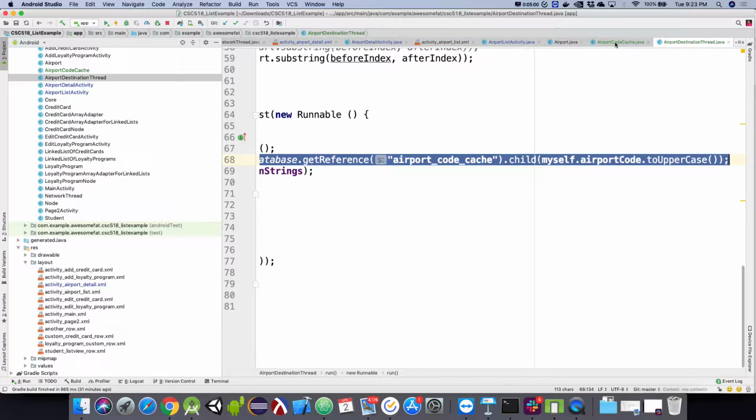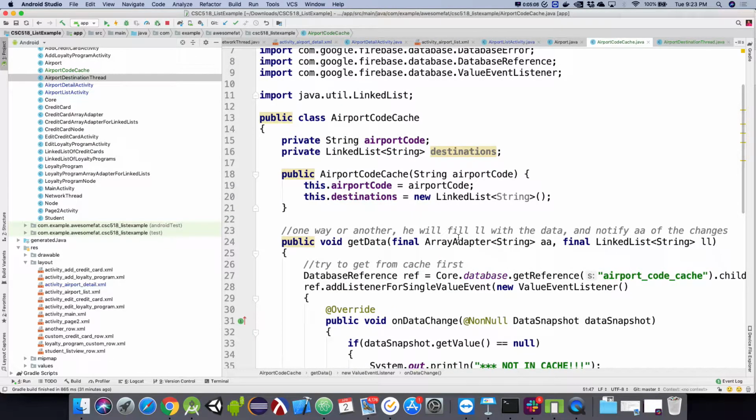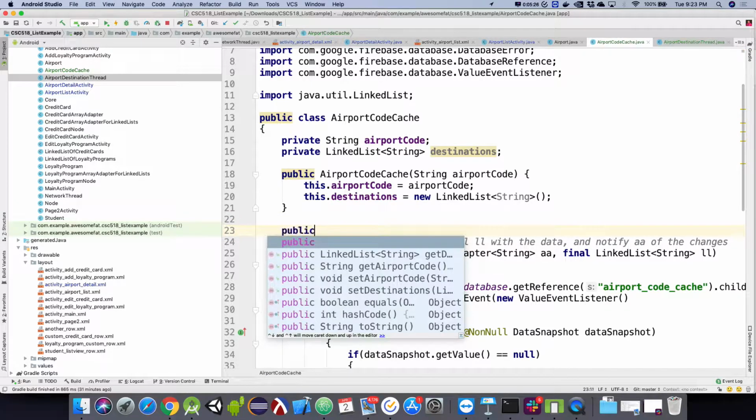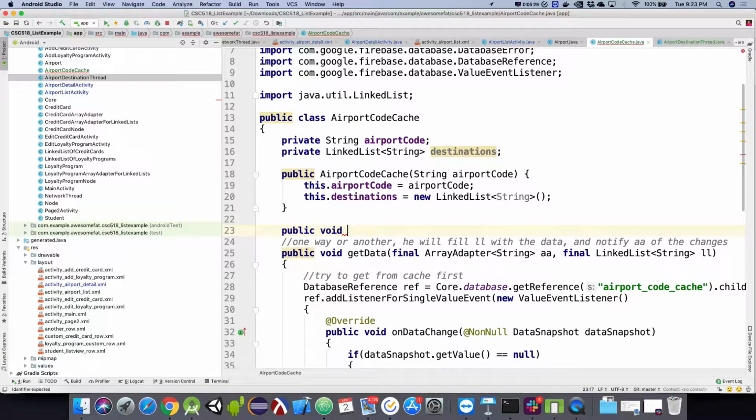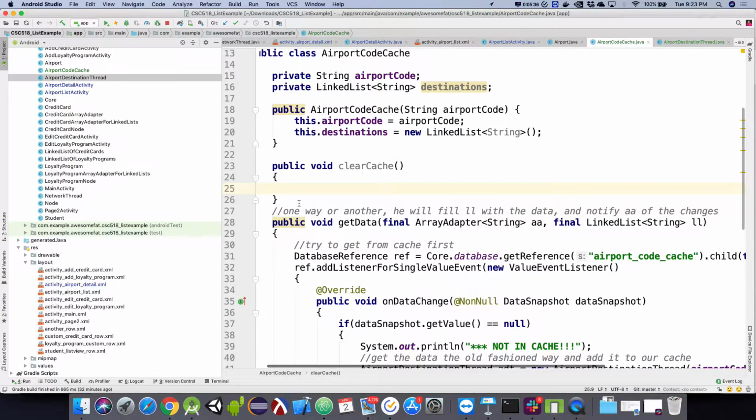Actually, we could probably do it inside of the code cache. I think I will. I'm going to add this to my airport code cache object, just so it's all self-contained in there, where I can ask that guy to delete the cache. So we'll have a public void clearCache, and this guy will